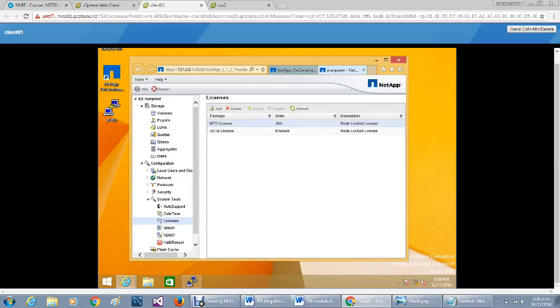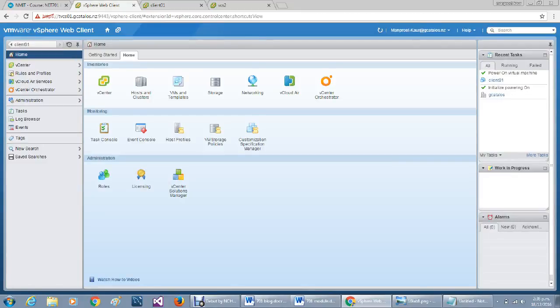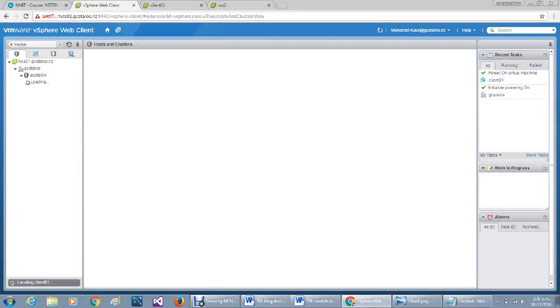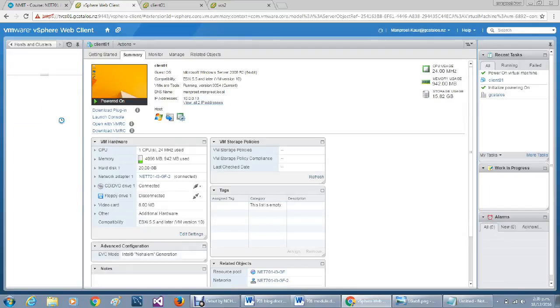Now I am going to create a Windows domain user. For this I am going to my hosts and clusters. Now I am going to open my domain controller.